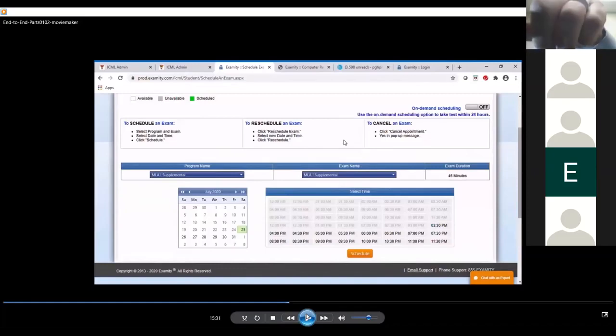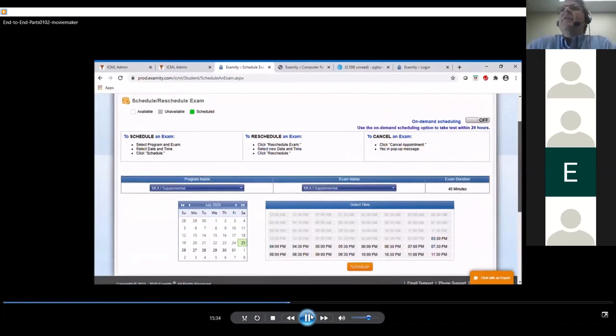I was doing this on a Friday when I recorded this, and you can see that it's scheduling me any times available after 3:30 on Saturday. If I want to go ahead and take it today, then there's an option up here on the top right corner that says on-demand scheduling. If I click that on, it will let me schedule times within the next 24 hours to take my exam. That does cost a $5 fee,